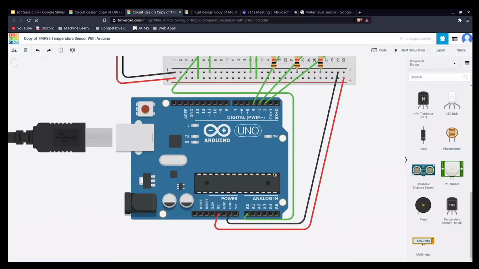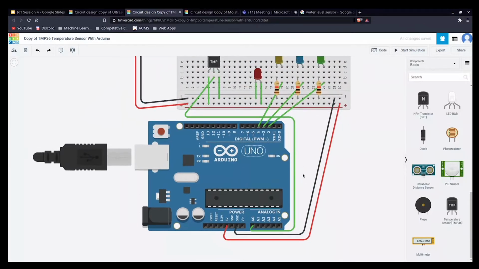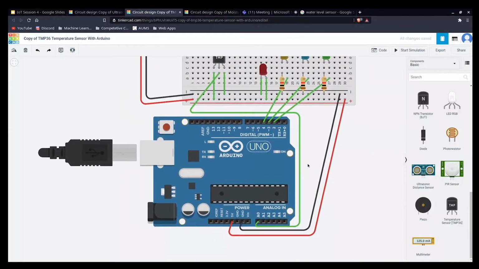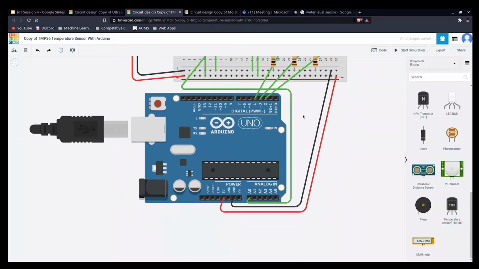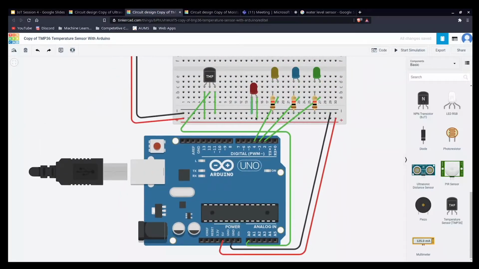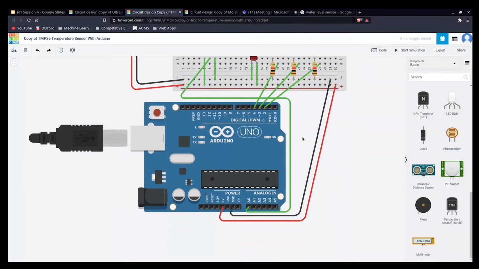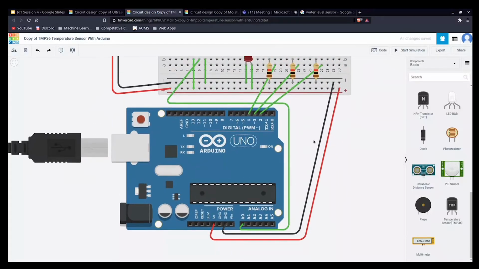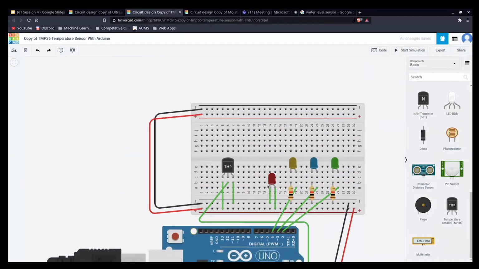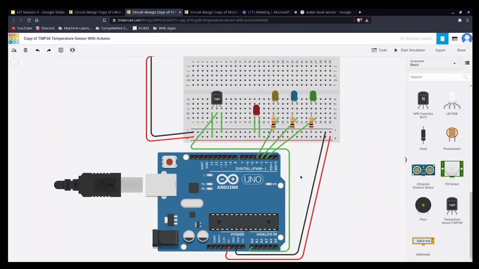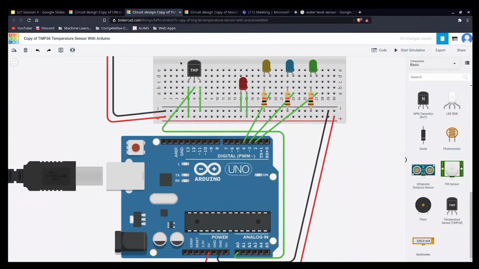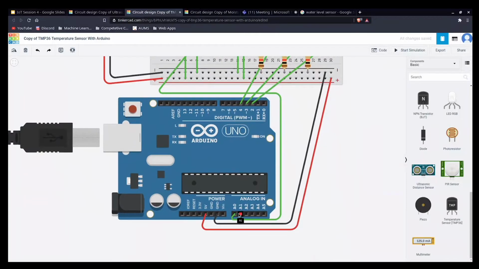Okay, so here the difference is we are not using digital pins. We are using analog inputs. So why are we using analog inputs? Because in all these previous circuits, the LED was just a 1 or 0, right? But here we have varied inputs. It depends on the temperature, and accordingly it gives an output in analog format. So we connect it to the analog in.